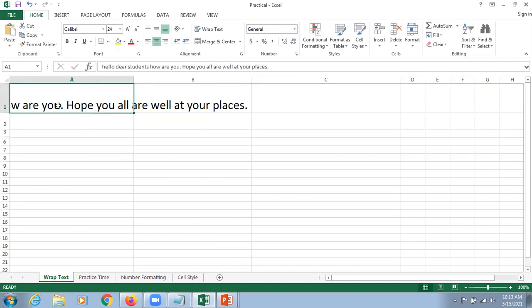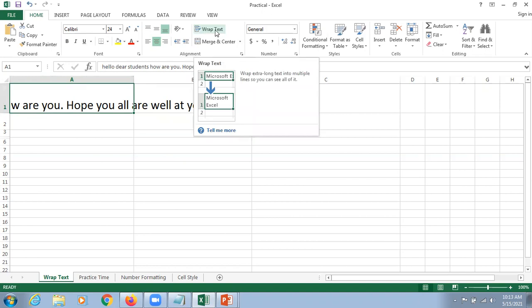So what can we do for the same, my dear respected students? I have the option Home, and in Home we have Alignment, and in Alignment we click on the option called Wrap Text.